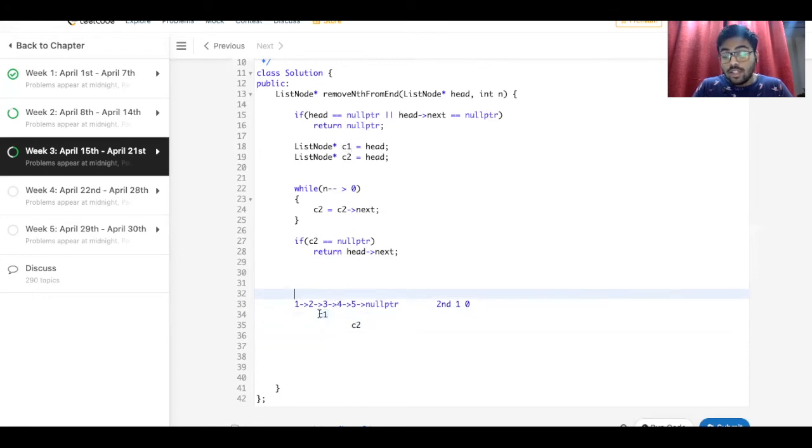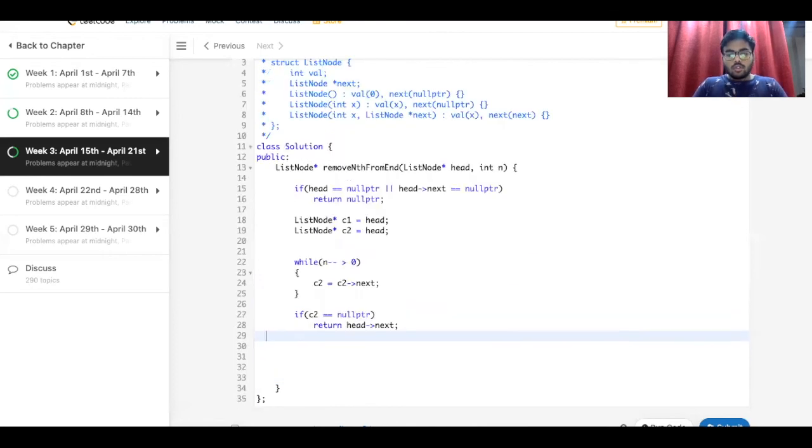We know that C1's next is the element which needs to be removed, because we know that the C2 pointer has reached the end of the linked list, and we are also towards the size of the linked list where it is n minus the size of the linked list. All right, so at this time we do C1's next is equal to C1's next of next. So we remove this element and it becomes 1, 2, 3, 5. So this is the algorithm which we would be implementing here.